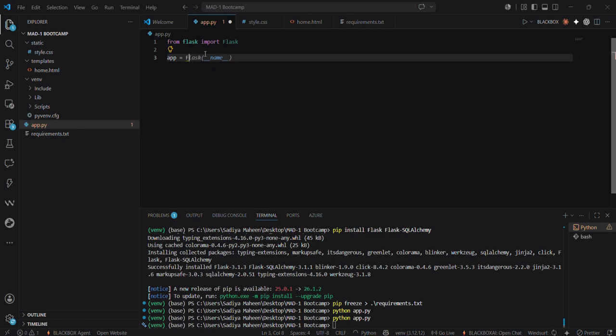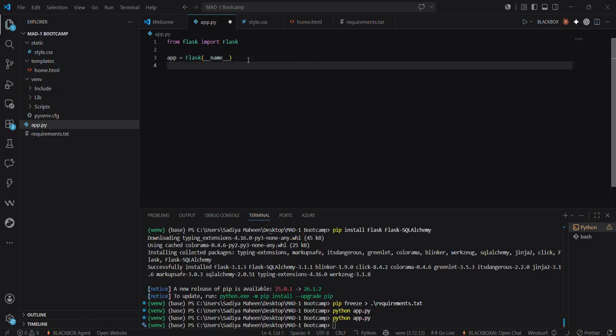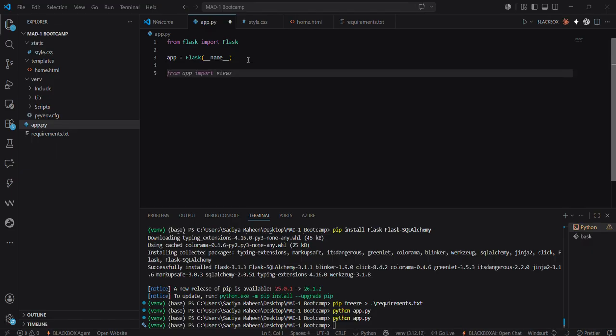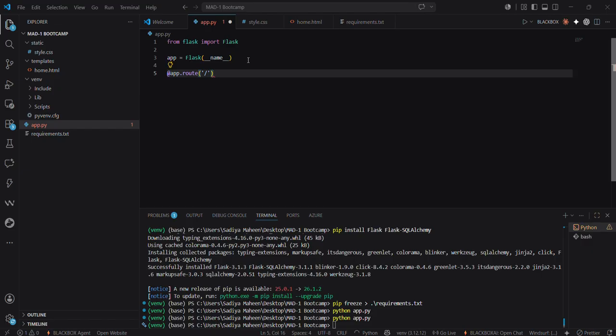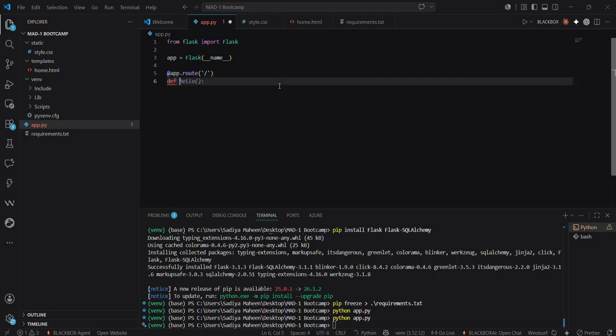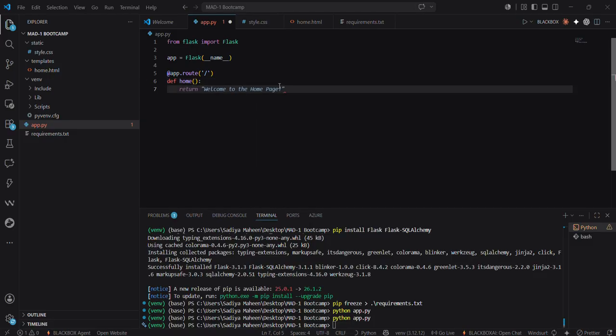I think this is something that you might have learned in your course. So app is equal to Flask underscore name. This is where you initialize the app object. Now let me write the first route that we'll be using, the slash route. As I mentioned before, the slash route would redirect us to the home.html. So here we define the home function where we can return